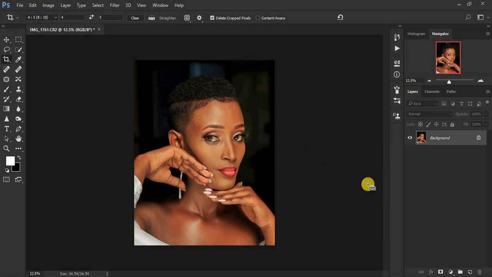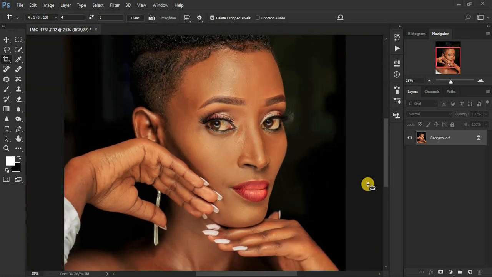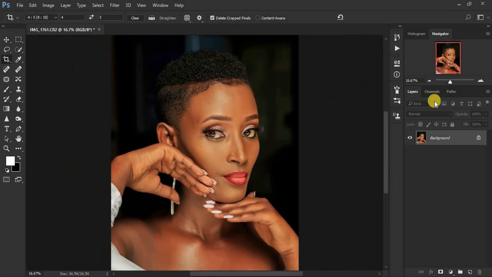So we are going to zoom into this image a little bit. So this is our image. I'm going to go with a zoom of around 16.7%. So we're going to start by duplicating the background layer twice. Make a copy of the background layer twice. So just drag and drop here to make two copies out of the background layer. And now we're going to rename this